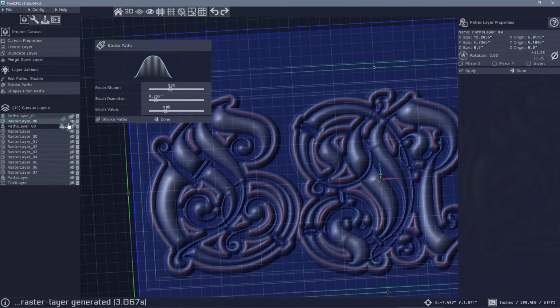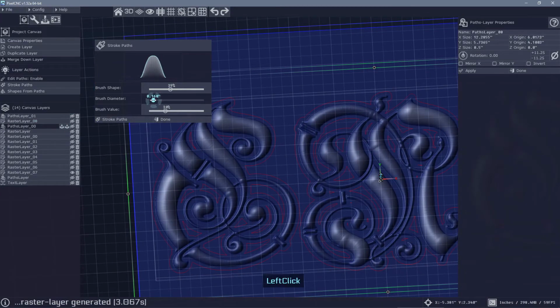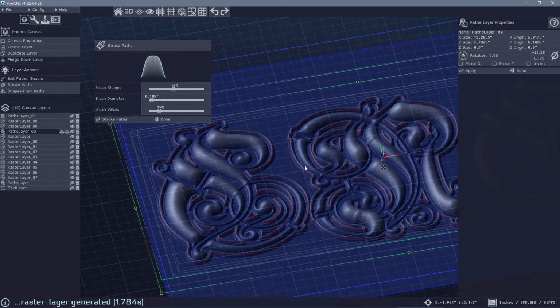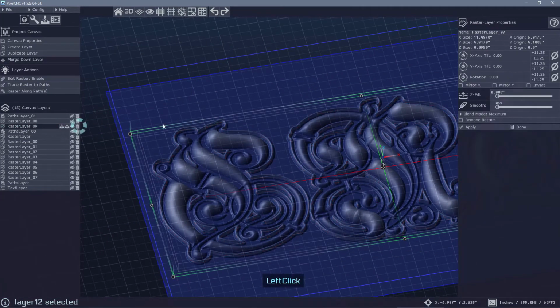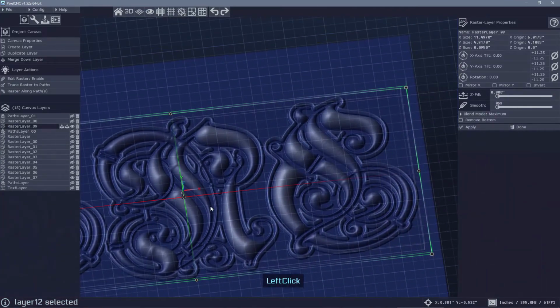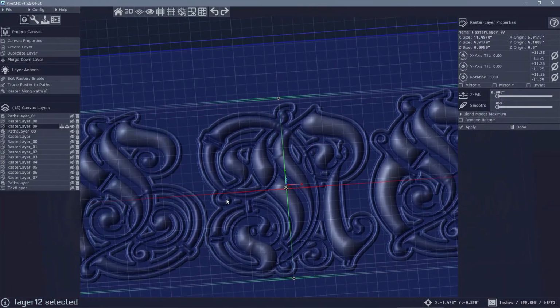Let's try that again. I'm going to try something a little different. Let's make the brush a little smaller. See if we can get a little bit rounder and a little bit shorter. Stroke paths. All right, there we go. That's more like it. So now we're getting some really complicated effects going on here, just from a text layer that we created, traced the paths, and then we did some generative functions on those